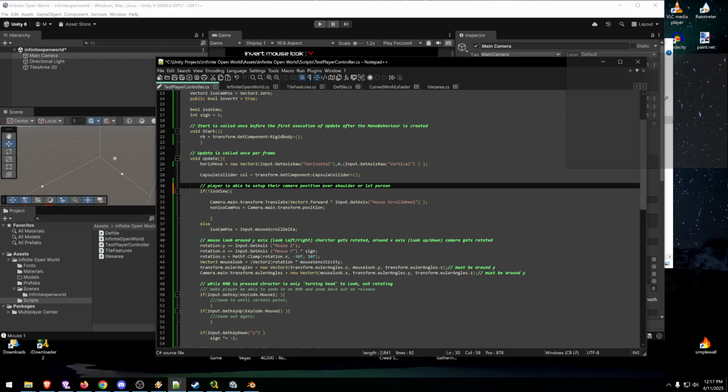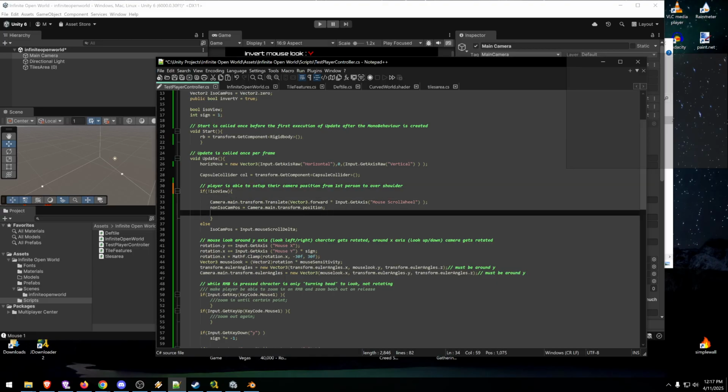Camera position from first person over first person to over shoulder. Good. Good. Else